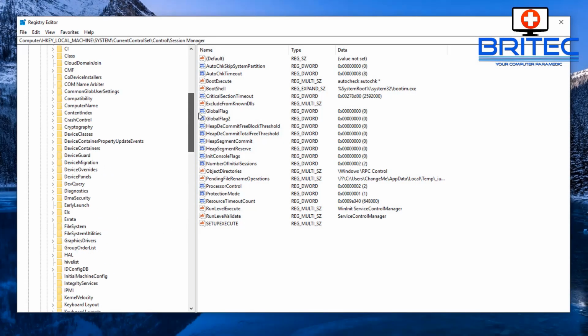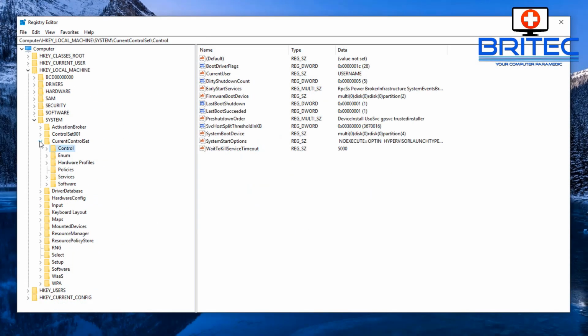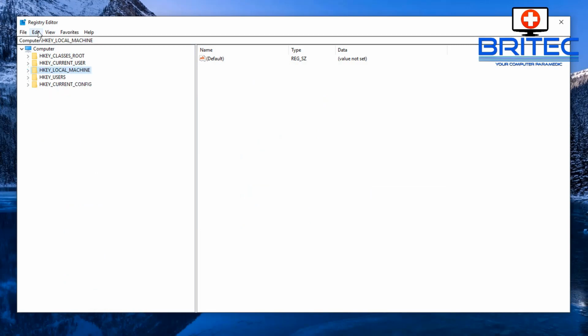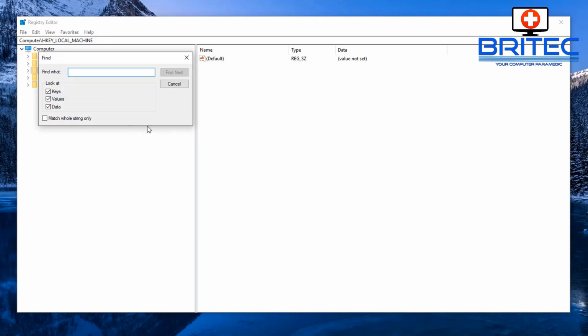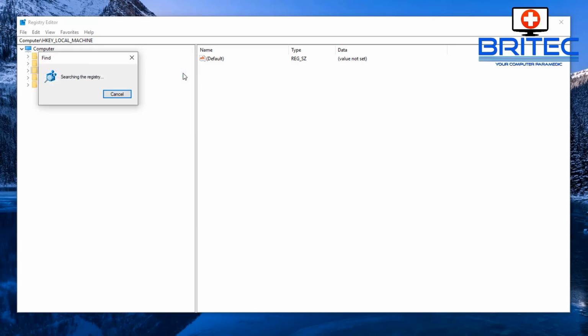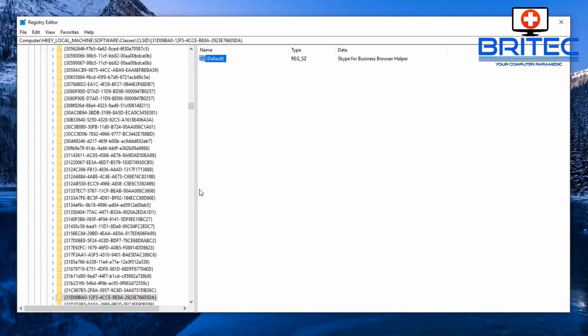And I'm going to make sure all of these areas are closed here, and what you want to do here is go to Edit and Find, and then we're going to type in Skype, and we're going to go Find Next, and it hopefully will find any remnants left behind. Now you can use Revo Uninstaller if you wish and remove any of those from there, so you can see it's found one here. So all you need to do here is delete these files,